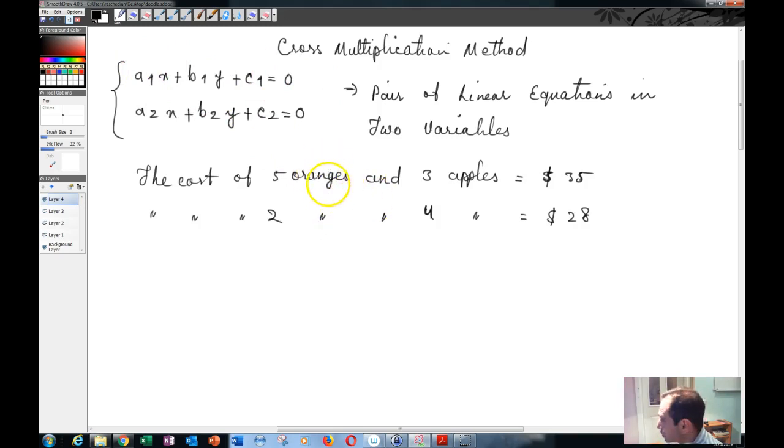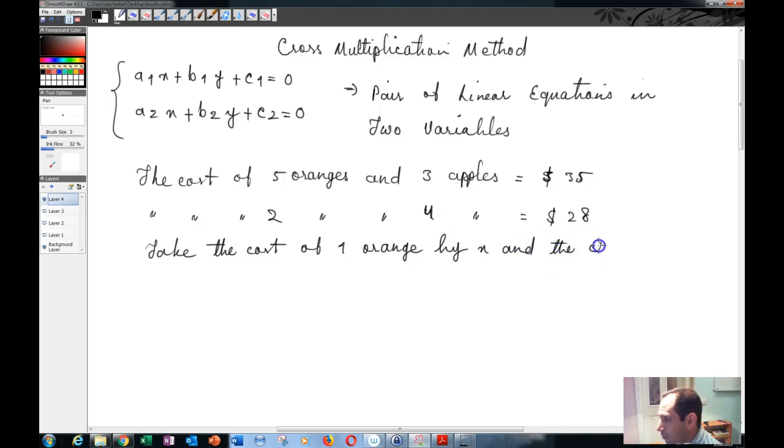And if I take the cost of 1 orange by x, and the cost of 1 apple by y,